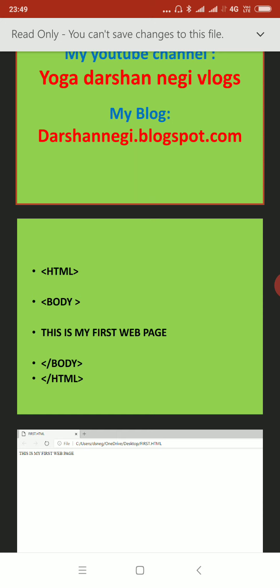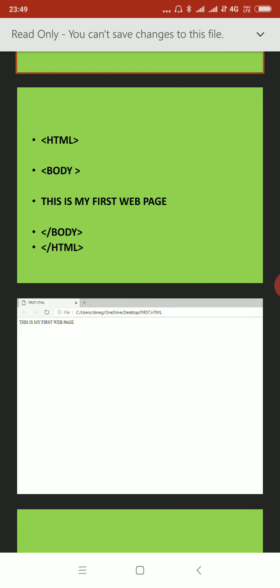Then within the HTML tag you can write the body tag, and within the body tag we write the text, sentences, or maybe the paragraph which we want to include in our website. So suppose while designing the first web page we have written just this code which you can see on the screen. When we execute this web page, we'll get the output as shown on our screen,